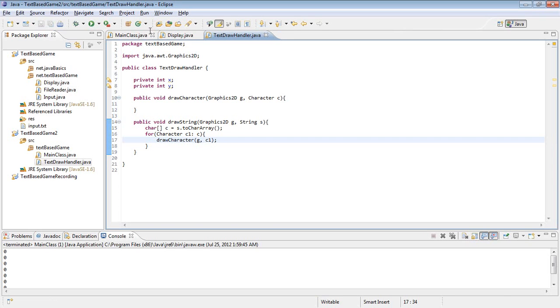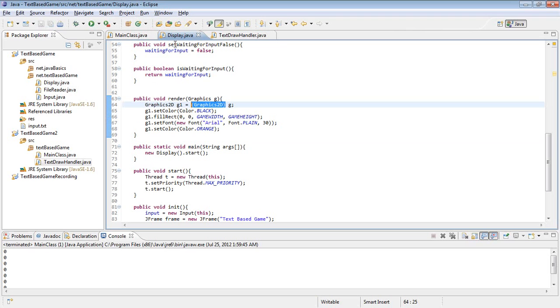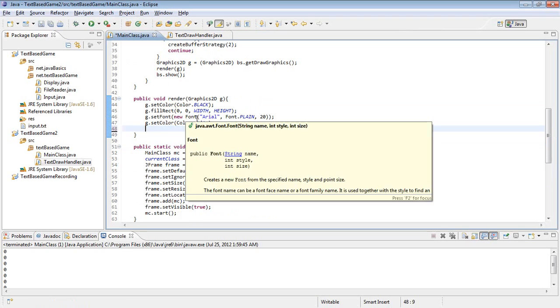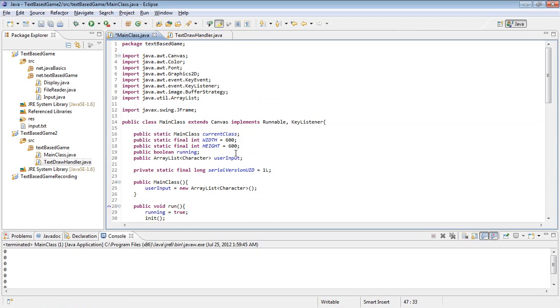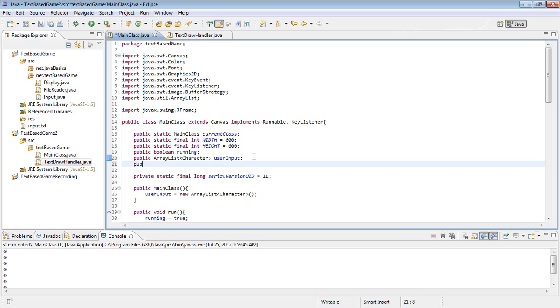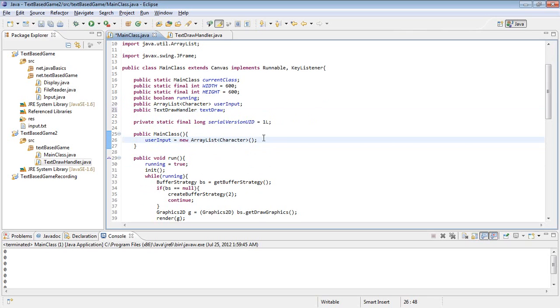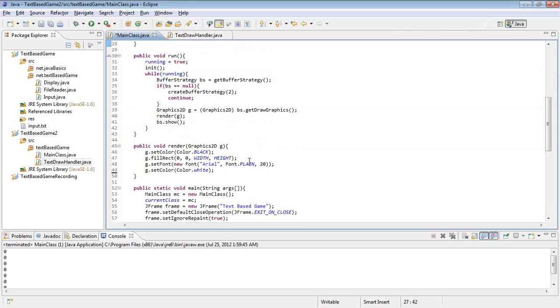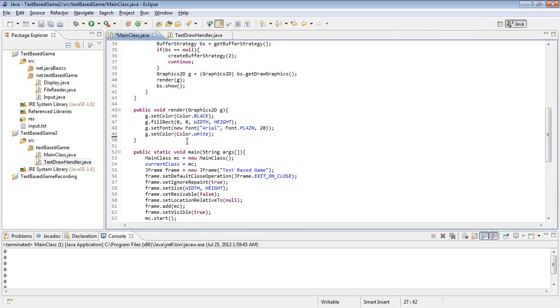And now, instead of this for loop, all we have to do is have a public TextDrawHandler textDraw, and then textDraw equals a new TextDrawHandler, and now we can call that. So the way you're going to call that is